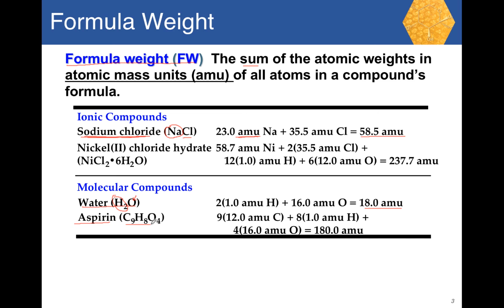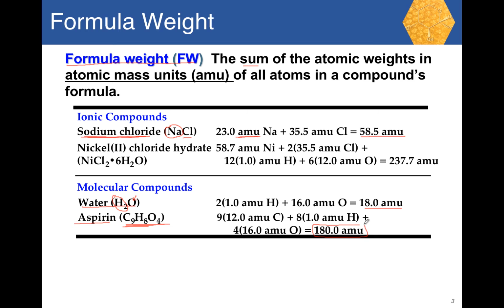This is the molecular formula here, and you can see it's 9 carbons, 8 hydrogens, and 4 oxygens. You still have to multiply carbon from the periodic table, which is 12.01 times 9, hydrogen multiplied by 8, oxygen, which turns out to be 16.00, multiply that by 4, and add those up, and what you will get here is